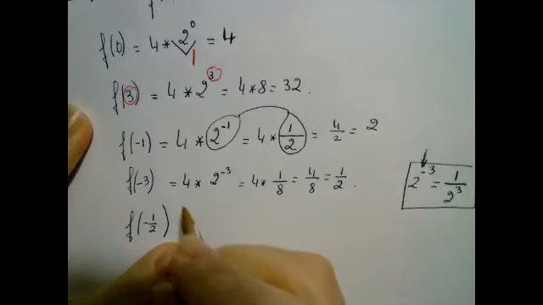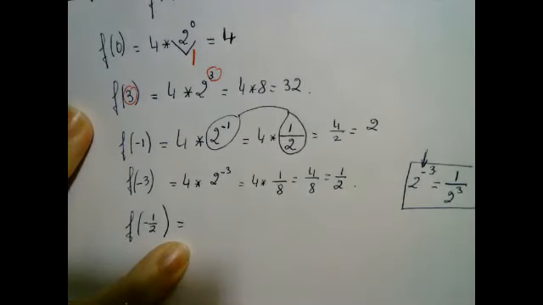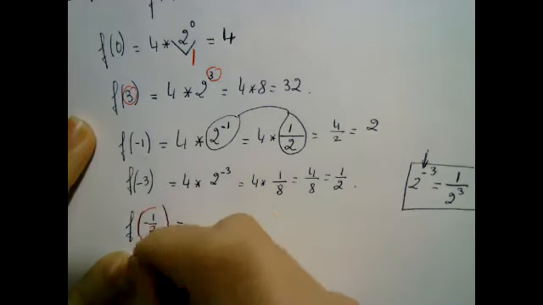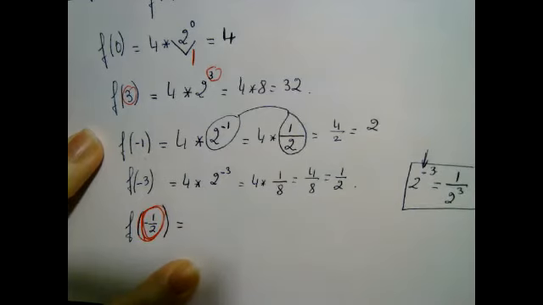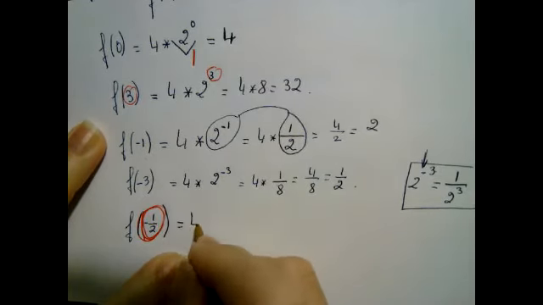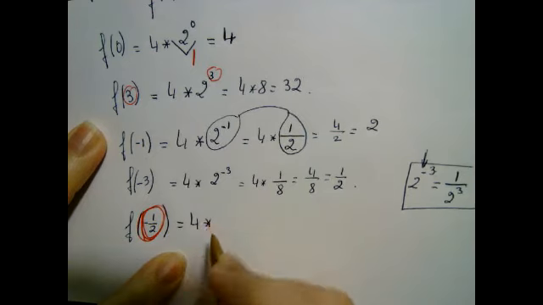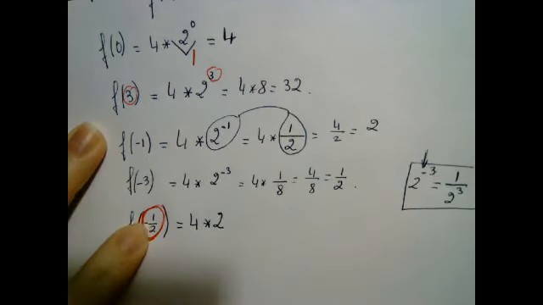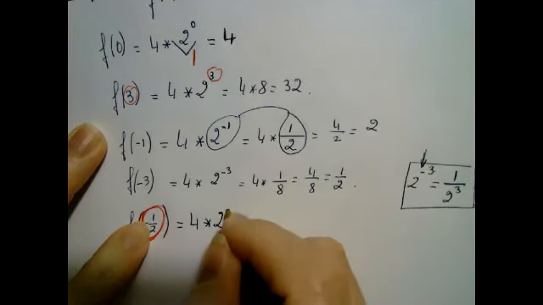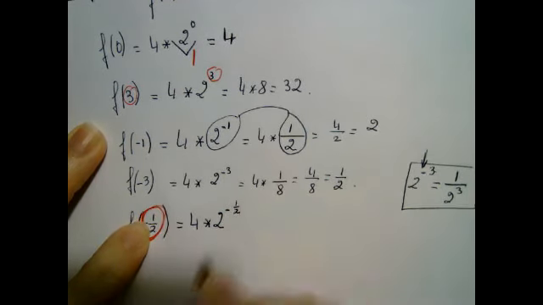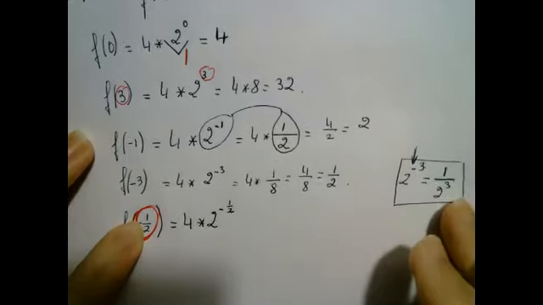All right, let's see. First, let's write it correctly. So here, this is my x, minus a half. That's my x. So this is going to give me 4 times 2 to the power minus a half. Okay, and now again,